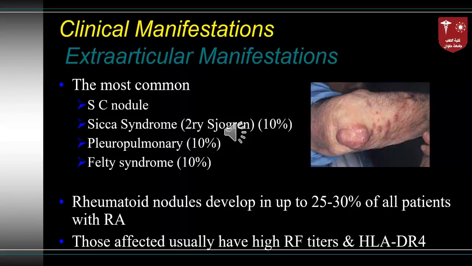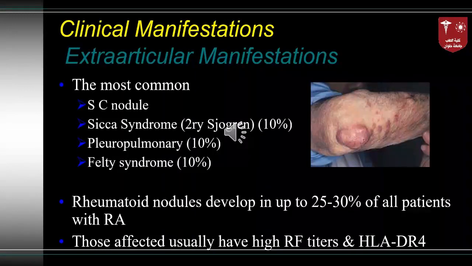First, the most common one is the subcutaneous nodule, which is present in almost 1/3 of the patients with rheumatoid arthritis. And usually it is present when the inflammation is high and the rheumatoid factor is positive, as we will mention later. Also, it is common in a special HLA group, which is HLA-DR4. The second